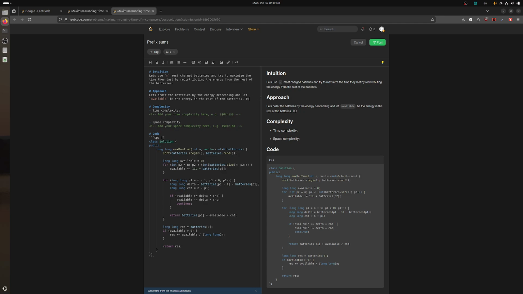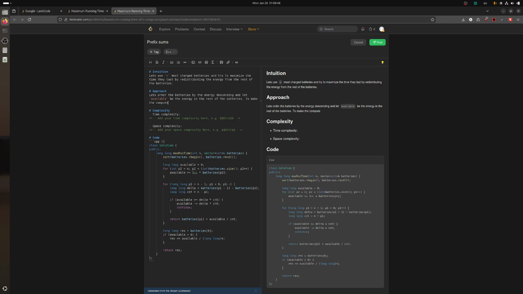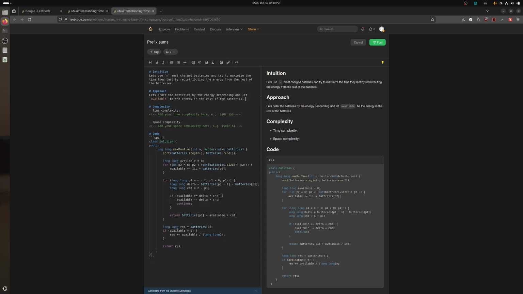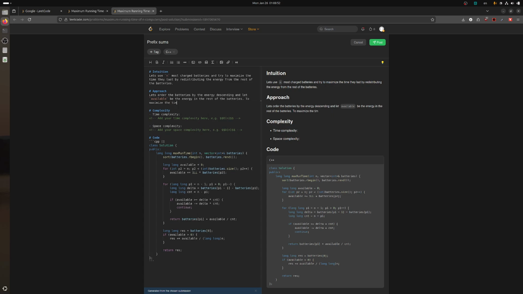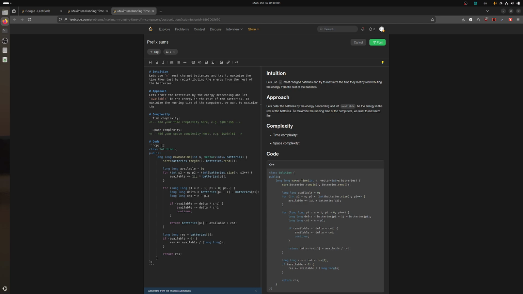To maximize the running time of the computers, we want to maximize the energy of the